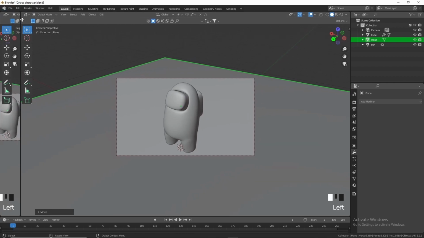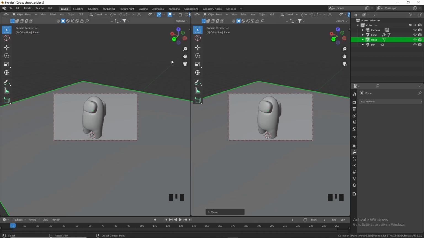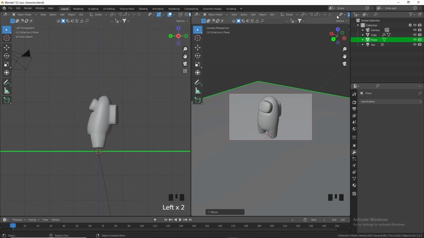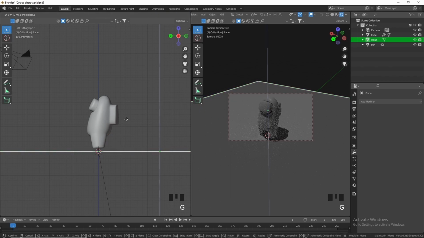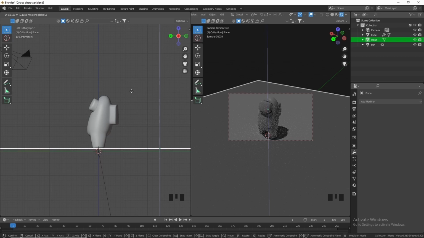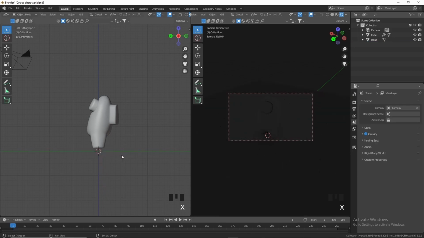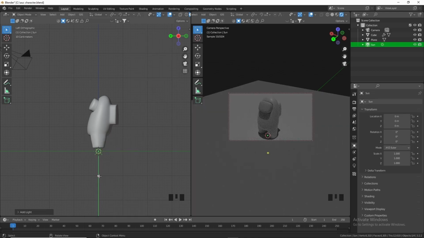We can actually pull this tab like that when our cursor makes a little cross, and then we can go out of the camera mode here into the side view. We can switch this to rendered view, and then we can take our ground plane, G, Z, and we can move it up. Now I have already done some rendering settings, but basically I've just added a sunlight. If you want to do that, you can say Shift A, light, sunlight, and then we'll just rotate it a